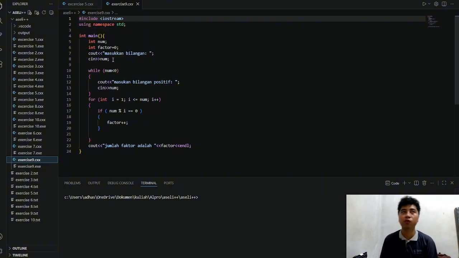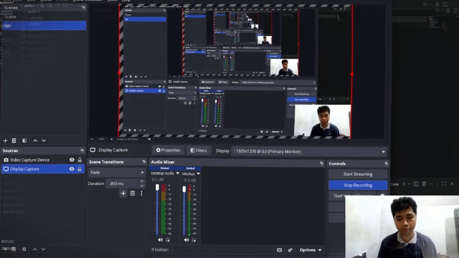So if the user tries to input a negative number, a number below 0, the program will ask again until the user inputs a positive integer.